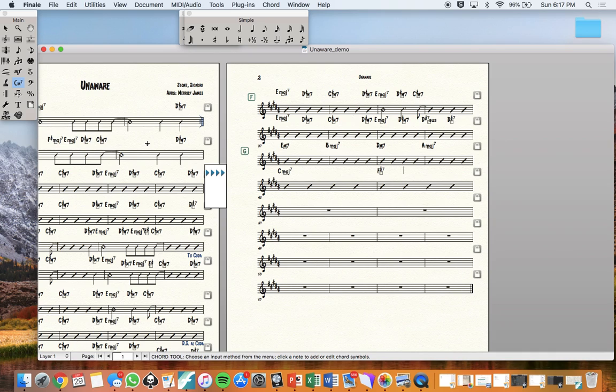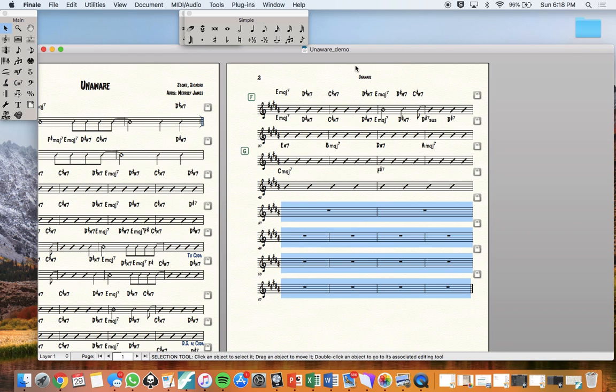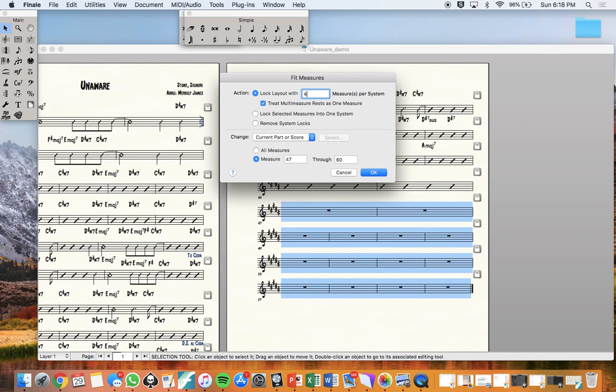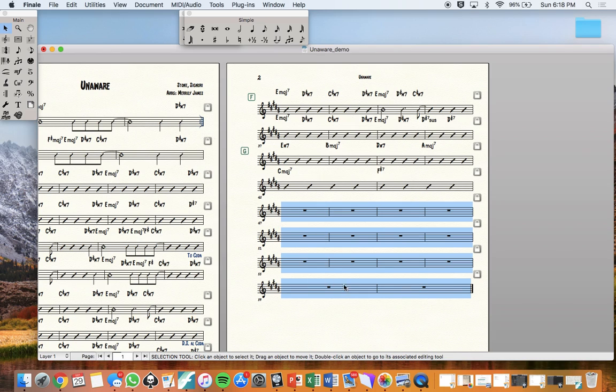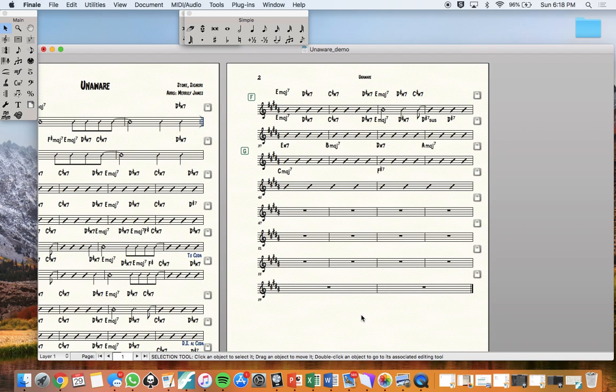All right, so for the rest of the song, until the very end, I'm gonna want 4 bar phrases. So I'm gonna go back to Utilities, Fit Measures, and click 4. There we go, and then I'm just gonna have those 2 measures at the end, that's fine. Because now I have another chorus. But what happened with this chorus is it